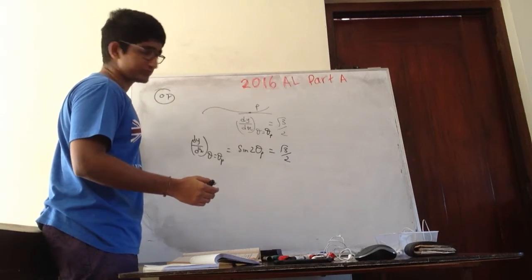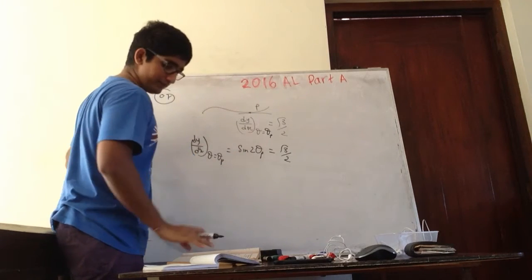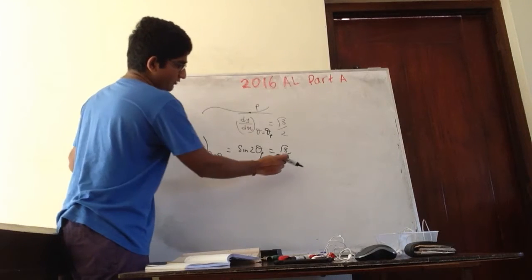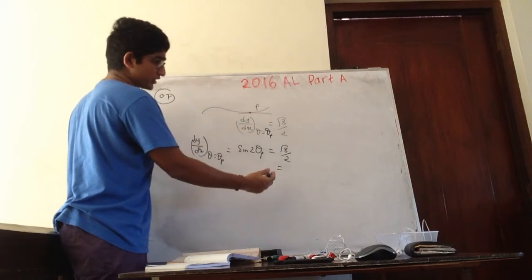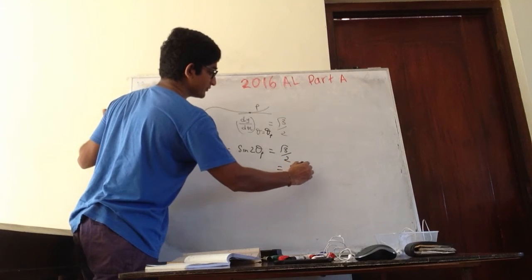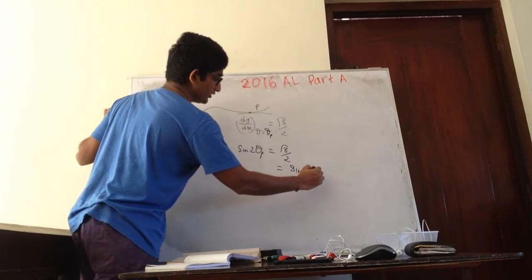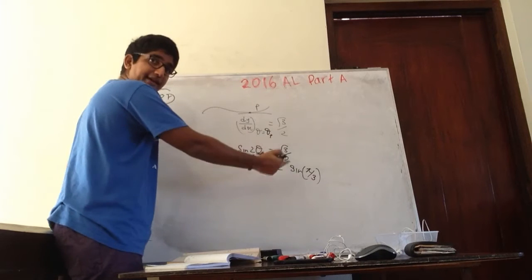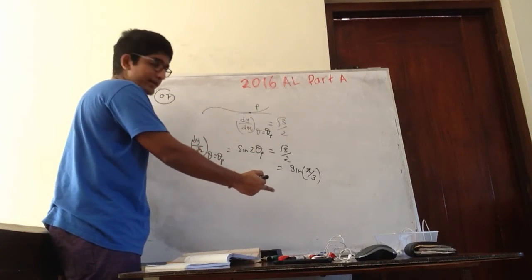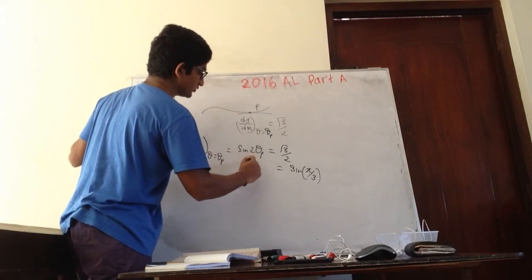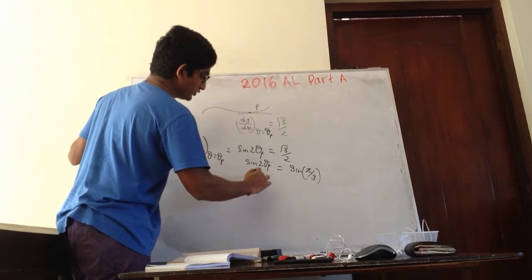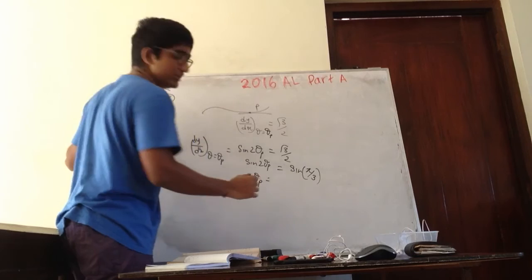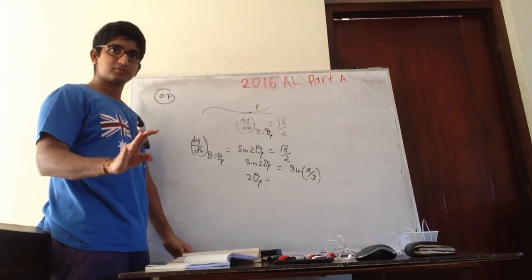Right, no? Then what? So then what I'm going to do here is, what is this? This can be written as what? This is square root 3 over 2, that means sine what? 5 over 3, no? It is basically sine 60, no? Right? So sine 2 theta p. So now 2 theta p, we can get the general solution, right?